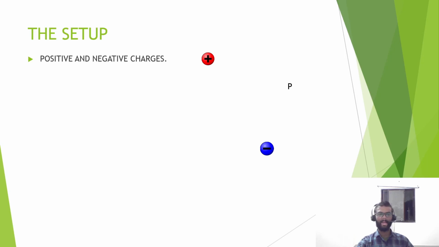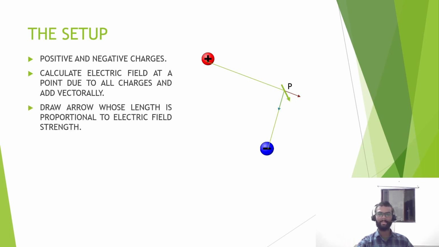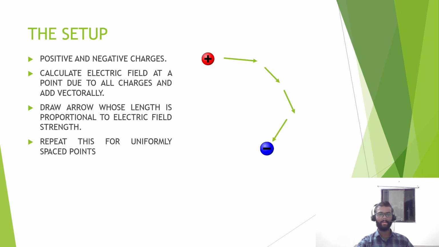So we will be having a bunch of positive and negative charges in the space, and let's say there's a point P where I want to calculate the electric field. I use the previous formula to calculate the electric field at point P due to all the charges and add them vectorially. Finally, I draw an arrow whose length is proportional to the electric field, and I repeat this process